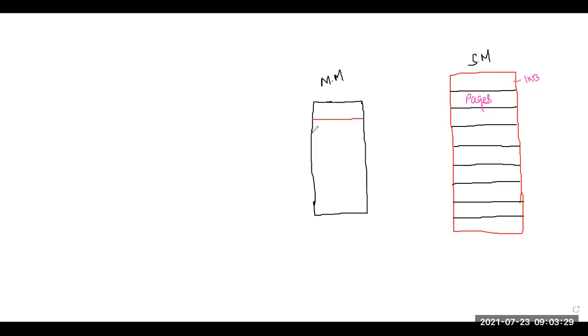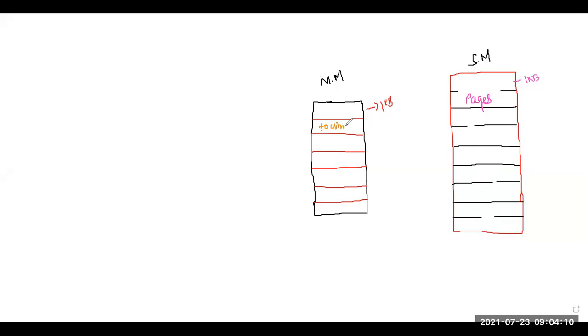Now this main memory is divided into different blocks, and remember, the block size of main memory should be equal to the block size of secondary memory. If it is 1 KB, then this block size should also be 1 KB. पहला point याद रखना. जब आप पार्टीशन करोगे डिफरेंट ब्लॉक्स में, either main memory या सेकेंडरी मेमोरी को, the size of the block should be the same in case of main memory and in case of secondary memory. Now these blocks in main memory are called frames.